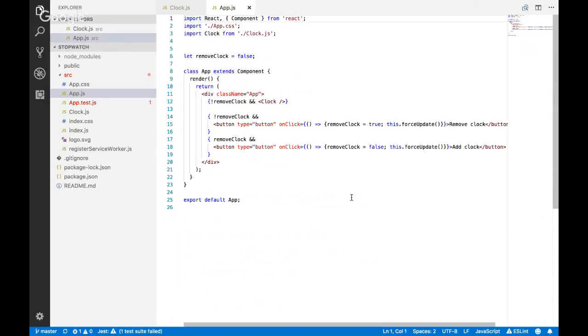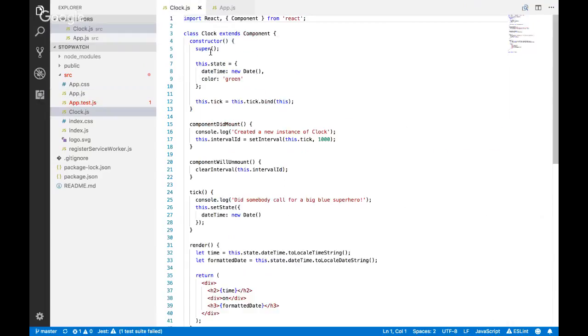You could think of it as moving state up the stack of your component tree and pushing props down. So let's say we do have our clock and we want to,